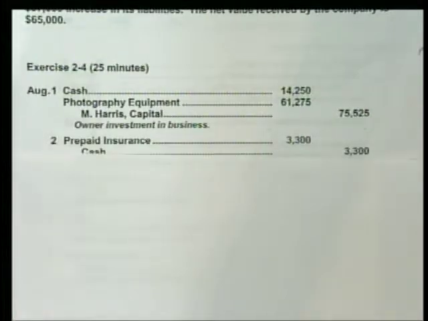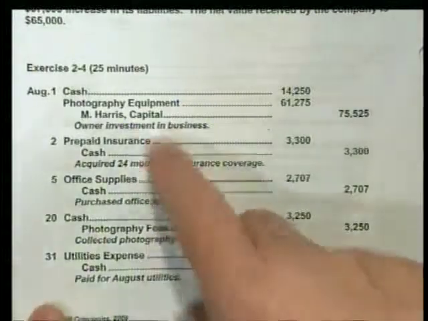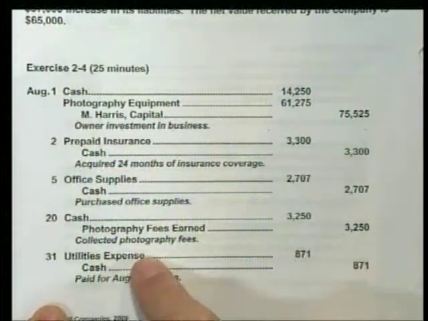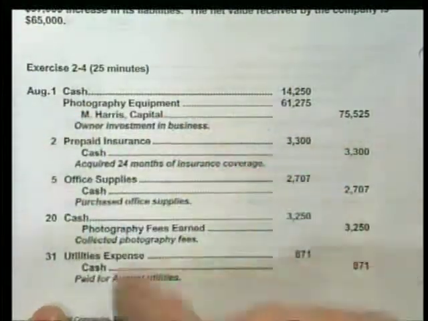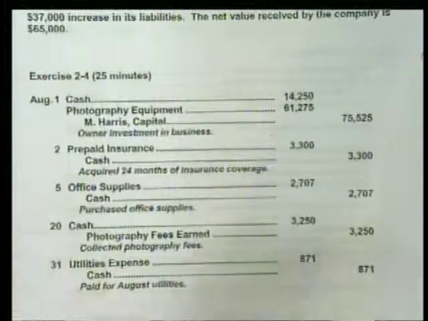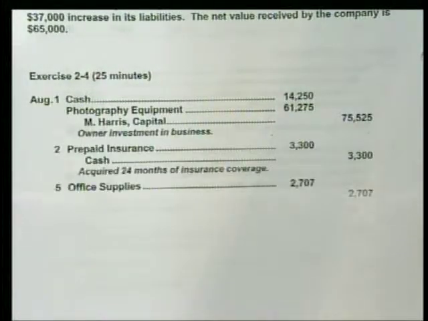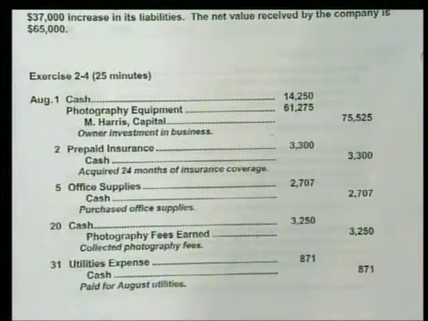Do it line by line. How else would you do it, Krug? Some people try to say, I'm going to do all the cashes first, and then I'm going to do all the equipments first. They always miss one when they do it like that. So, just get a piece of paper, go line by line, and post those to the T accounts, and then look at the ending balance and prepare a quick little trial balance.